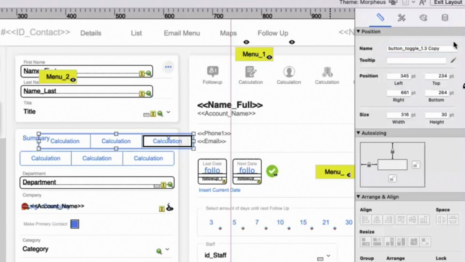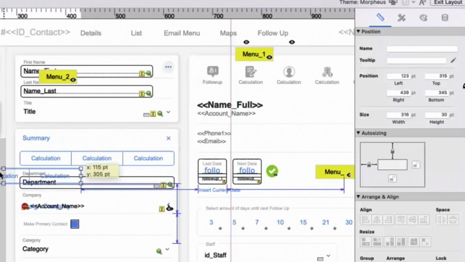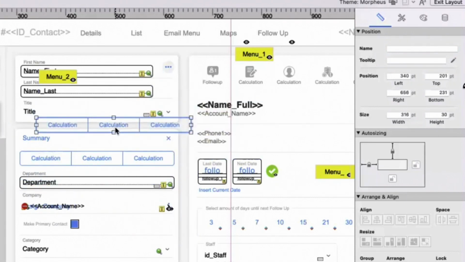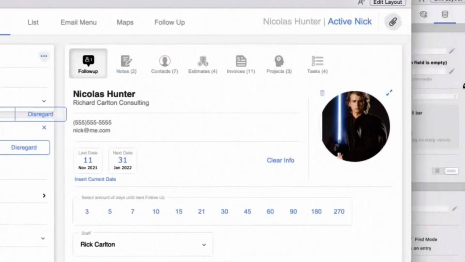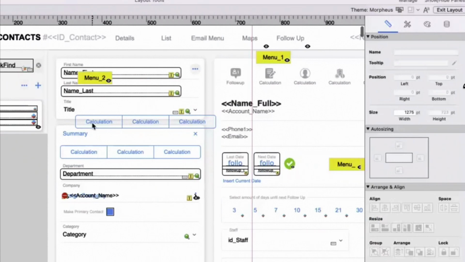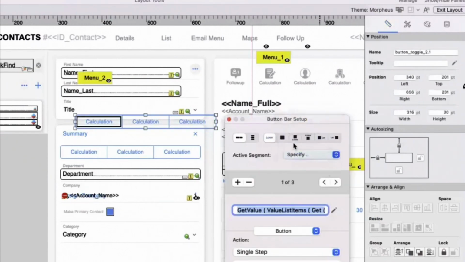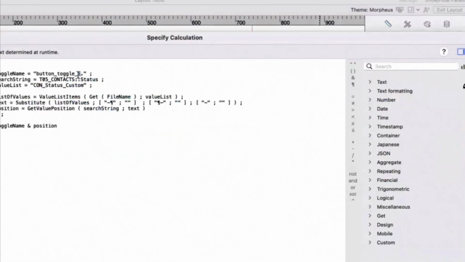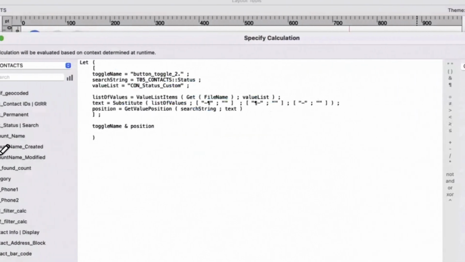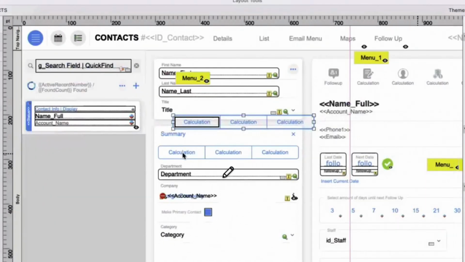So now I have two sets of buttons, and they both will work. I need to change the 2 here because this is segment number 2, the second set of buttons. So now they both work.